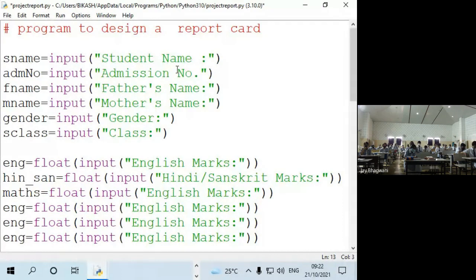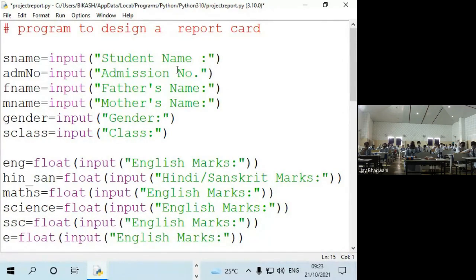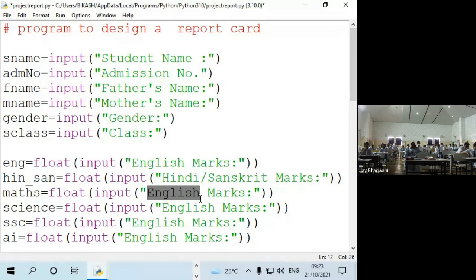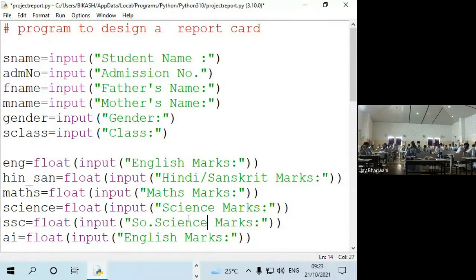Fourth one, science, SSC, then AI. Here also let me change, because the caption is also the heading, it is also needed. So here the maths marks, here the science marks, and then social science, and then AI.